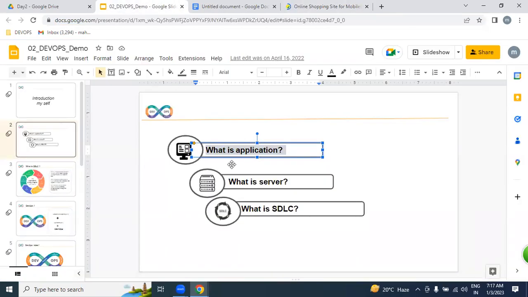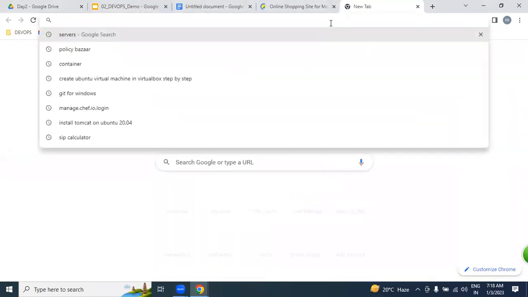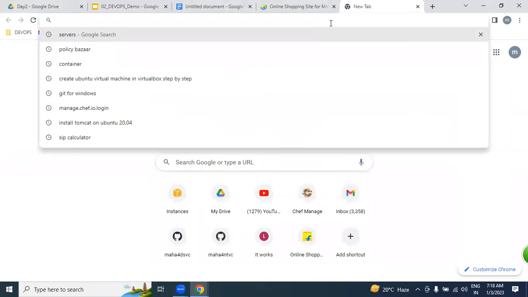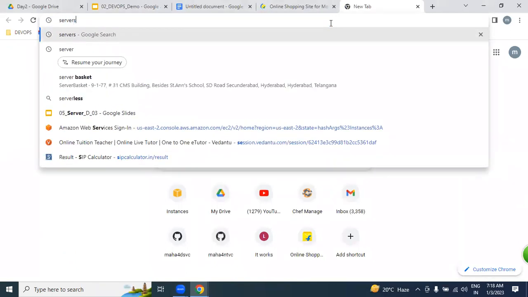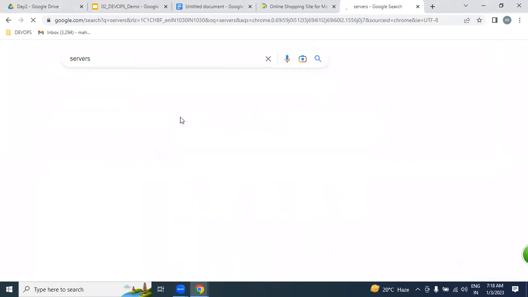So what is an application? The working software which is written in any programming language like Java, .NET, Python, we call as an application. That application we are going to place on hundreds of servers. After successfully developing software for our business, we place it on servers.